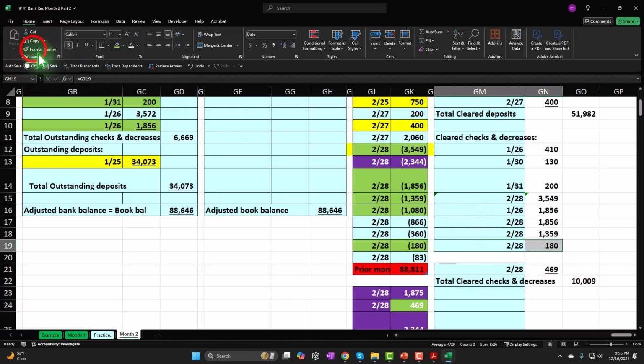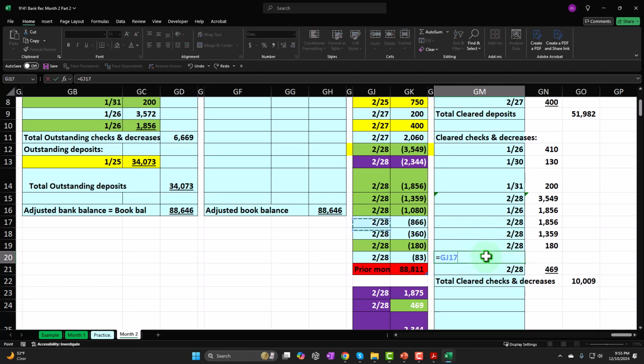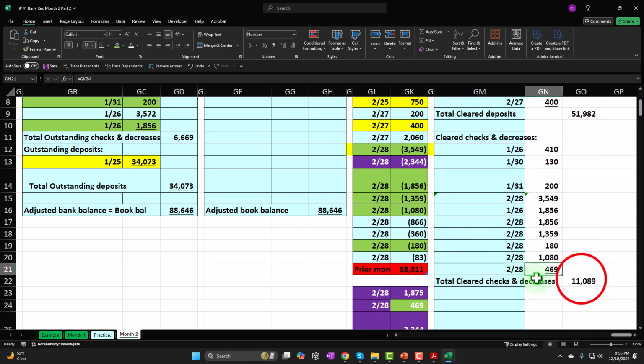I'll copy the formatting. Oh no. Control Z. I'll copy the formatting and put it here. And then so this one should be 228 and it's 1,080. I'm going to flip the sign. Okay, so that gets me to